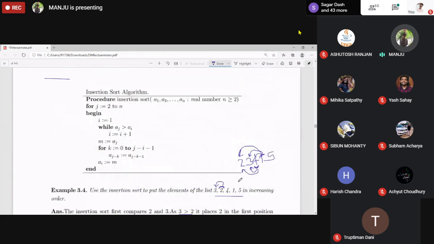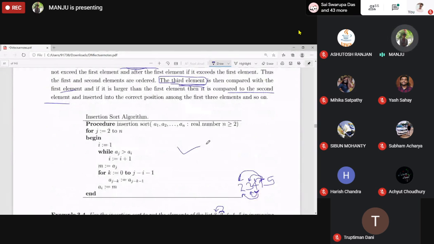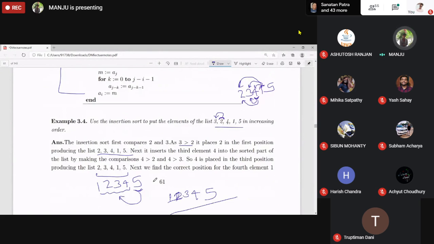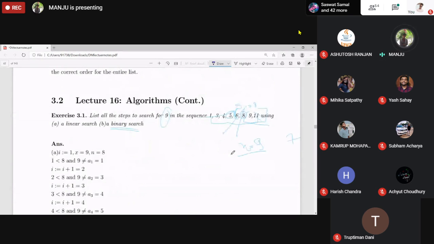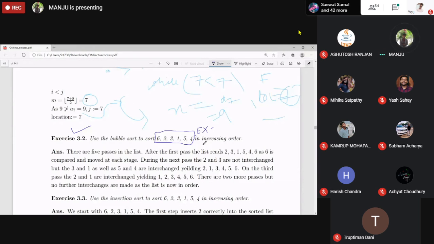The thing is, it starts with second. And this is the syntax. This syntax I will explain you tomorrow because it will take a lot of time. Before it, you just solve the same question as I gave you in insertion sort. That is bubble sort. Here, this one. This one. So this is exercise for you.